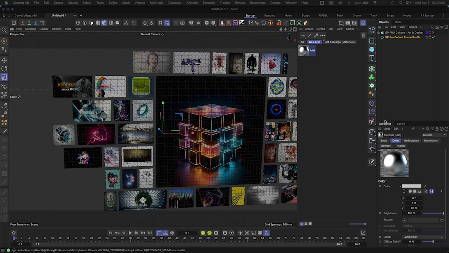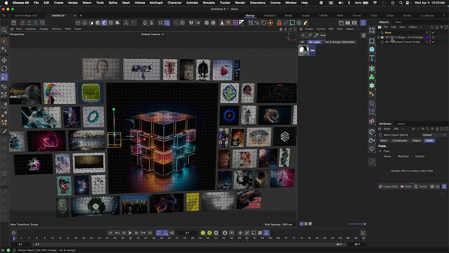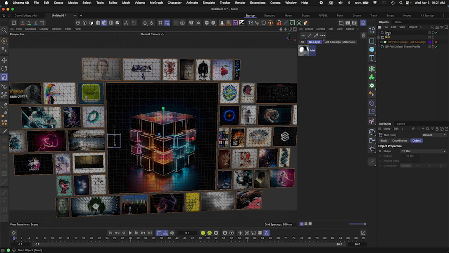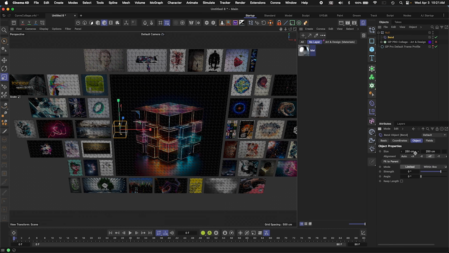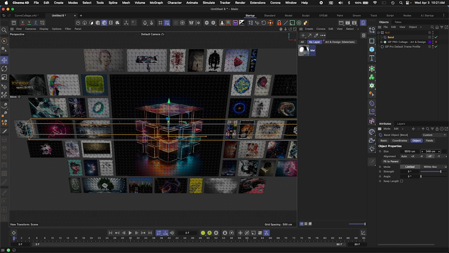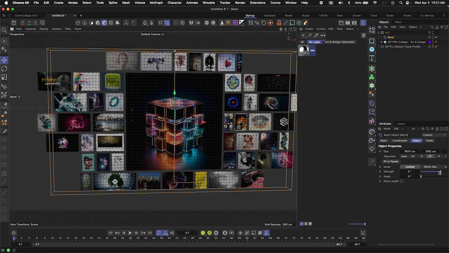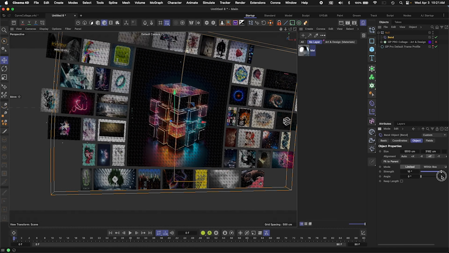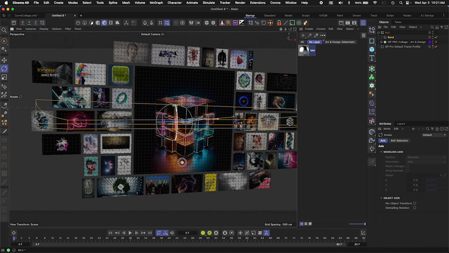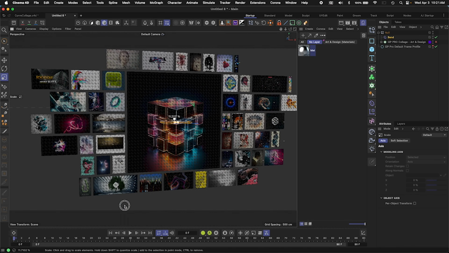So really quick, if we want to use a bend deformer on this, we don't want to drop it in the cloner. That will screw up the order of things. So let's just hit Alt-G and put it into a null, and then drop the bend deformer in there. And then I'm just going to adjust the size really quick. And then you'll see when I start bending that it's working, although it's the wrong orientation. So I'm going to switch it to 90. I'm going to shrink it down a little bit here,